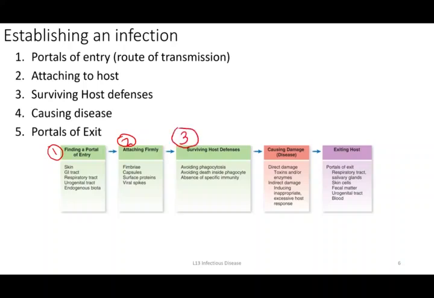Once it's there and attached, then we do have an amazing immune system that helps prevent infections becoming diseases. And so many microorganisms have found ways of avoiding or evading the host immune response. And so if microorganisms contain characteristics that allow them to do this, then as you might guess, those microorganisms are going to be better able and better situated to cause disease.